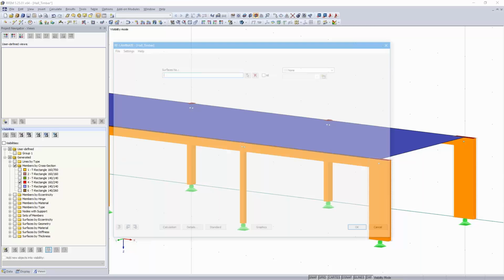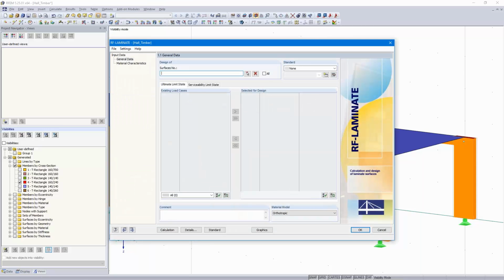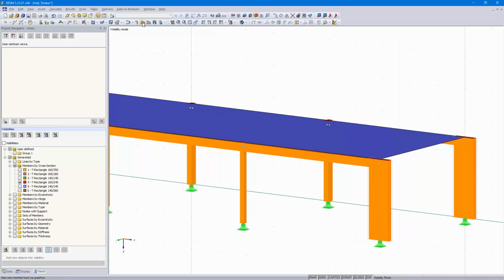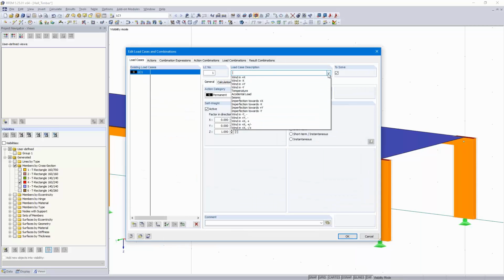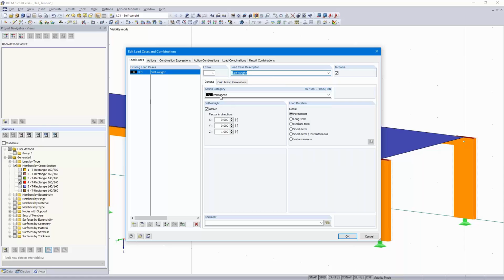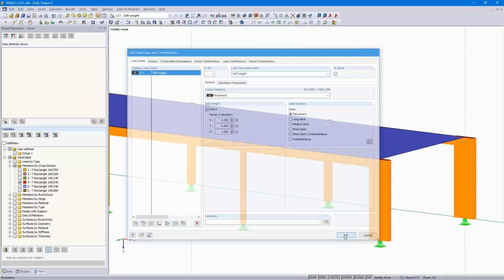It's necessary to define a load case at least because it's a design program for laminated surfaces. That's why I press cancel here. I enter at least one load case. Load case number 1, self-weight, permanent, and the self-weight is active. Okay,